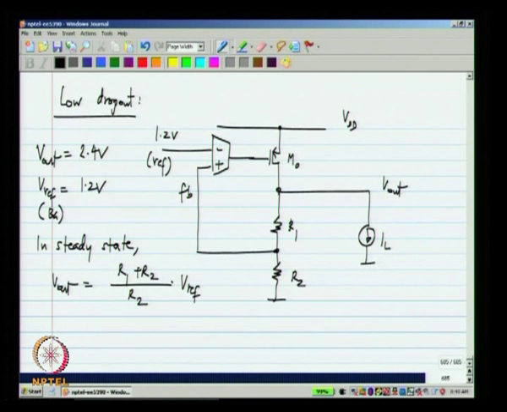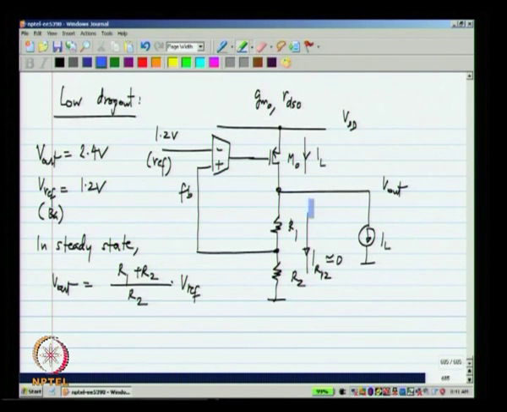So, this is fine, and also if you evaluate the small signal output resistance, let us say that you are operating with a certain load current, and let us assume that R 1 and R 2 are very large. What matters is the ratio of R 1 by R 2 to define the output voltage. So, let us say that the current flowing through R 1 and R 2 is negligible. This is just for simplicity. So, the transistor M naught will be operating with quiescent current which is equal to the load current. And at that operating point it has a certain transconductance G M naught and a certain output resistance R D S naught.